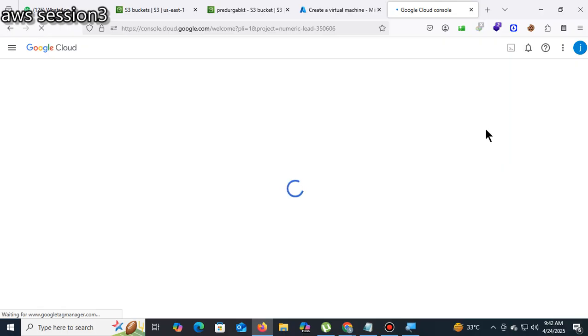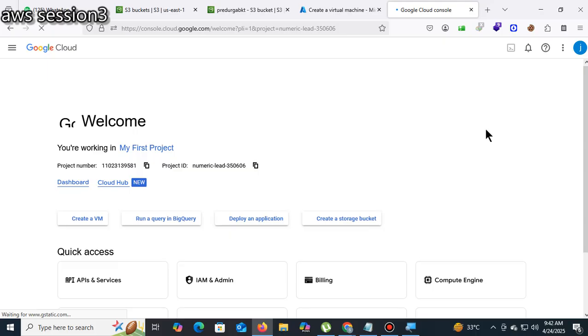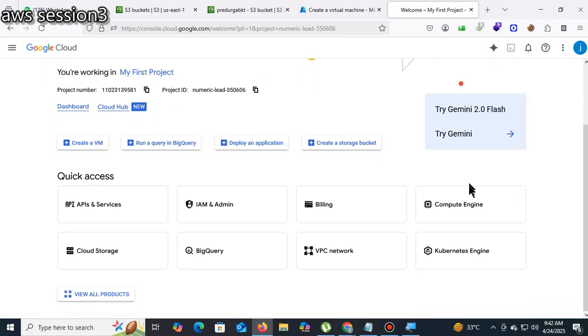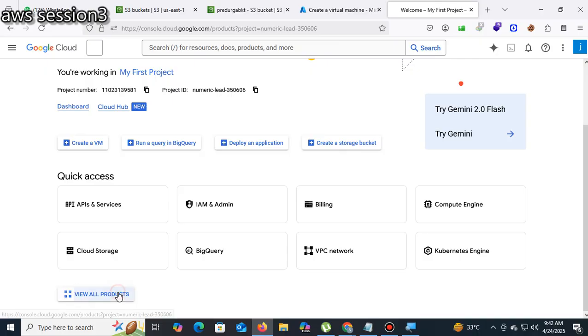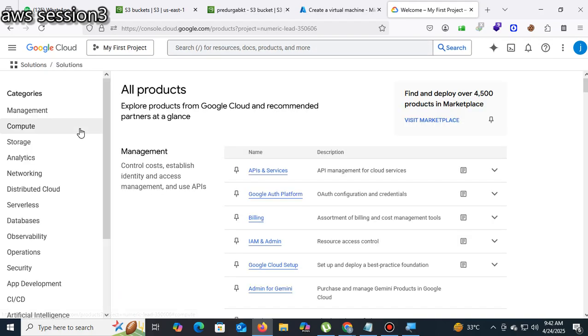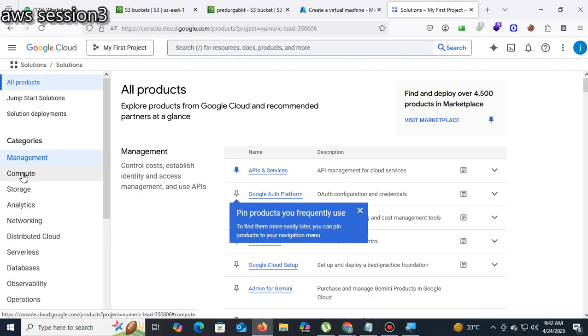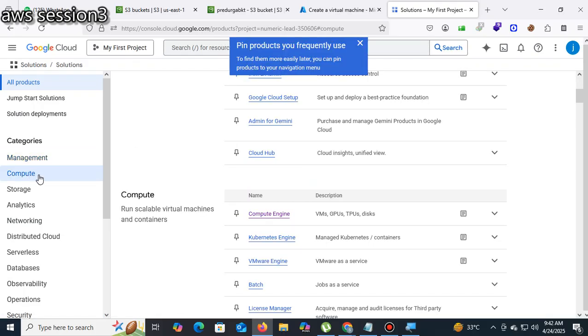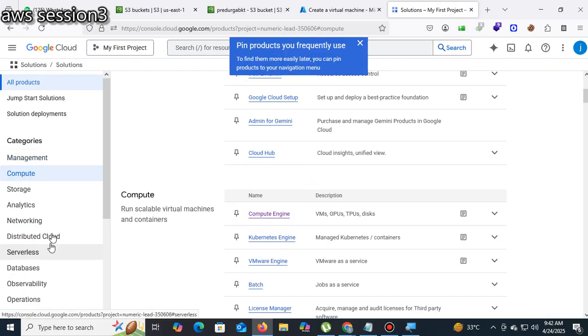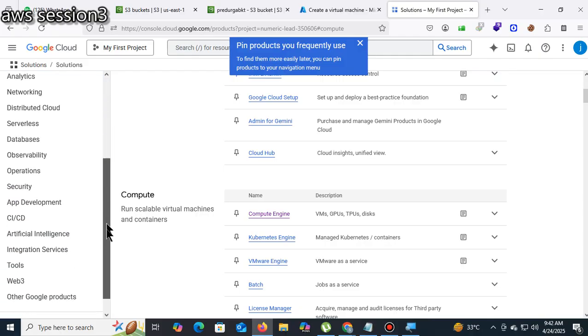This is Google Chrome. Here go to view all products. See this, under compute we have a virtual machine. It is somewhat like AWS.